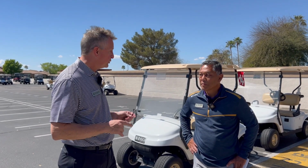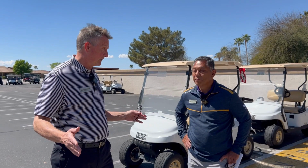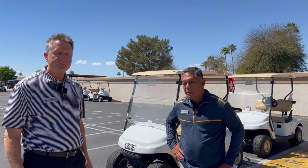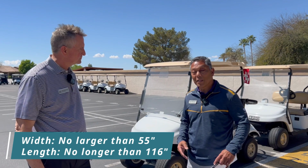And why don't we first start, because this has been kind of a hot topic around here, because we're seeing a lot of brand new golf carts. Right. And these carts are really cool looking. They are, but they're big. So Eddie, what is the rule here at Iron Oaks regarding golf cart size? So for golf cart size, the width can be inside of 55 inches, and then the length no